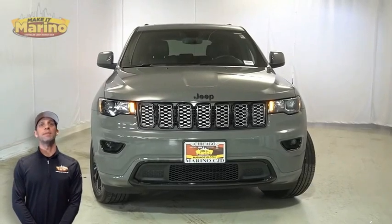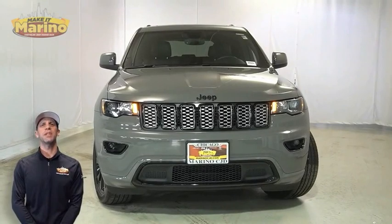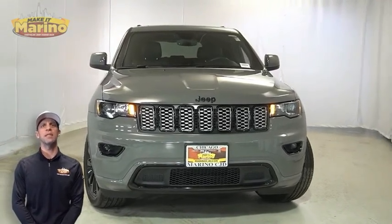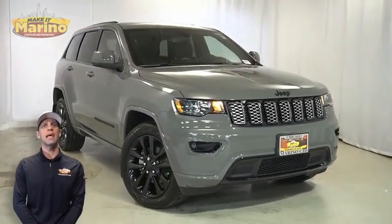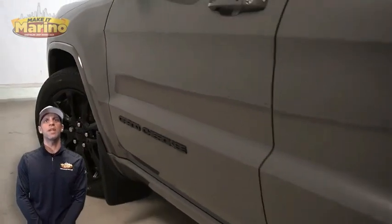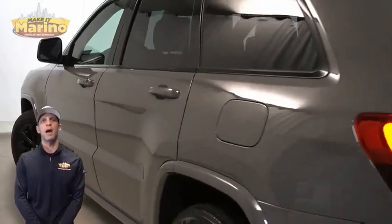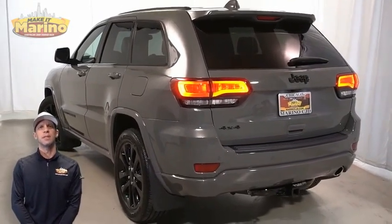Looking for a highly equipped SUV with all the right options and reliability? We'll take a look at this certified pre-owned 2019 Jeep Grand Cherokee Altitude in Sting Gray. With black headlamp bezel finish, premium fog lamps, 20-inch aluminum wheels, power heated mirrors, black lens tail lamps, single exhaust